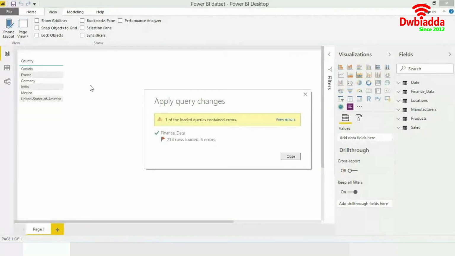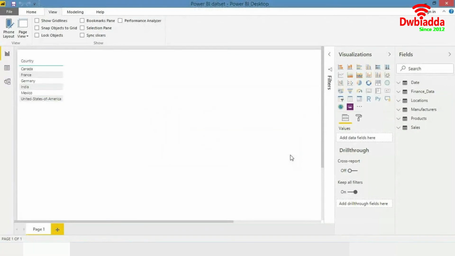So when you're working on static files, we have this problem all the time that we are working on some data that we are pulling out from somewhere. So we might be downloading it from a portal, we might be receiving files over email, right? So we have it in a standard format, and the data is being added every day. So sales are happening every day, and the transactions are happening every day. So data is going to be coming up every single day. So it will keep on adding.